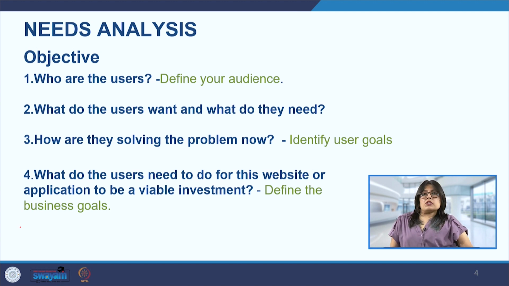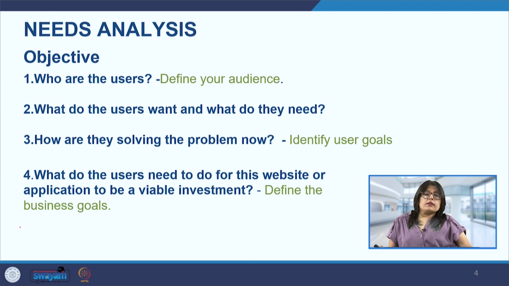Next is, what do the users want and what do they need. Now wants and needs, they are two very different things. So one may want a Ferrari, but they may need a Maruti Alto, that may also sort of do the job. So wants and needs, we have to see what is most feasible, viable. Based on that, the wants and needs can be marked out, and the wants can wait, but the needs are something that are really important, really urgent, and they need to be catered to at the get go.